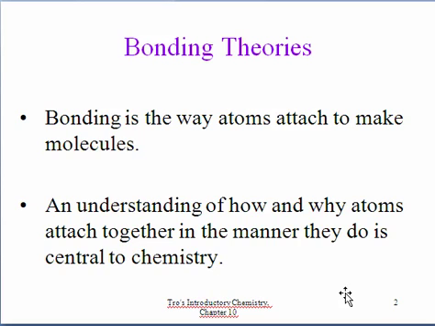Now that we understand something about valence electrons, we can look into what we call our bonding theories. In chemistry, bonding is the way that we describe how atoms attach to one another to make molecules, or how cations and anions interact to form ionic compounds. An understanding of how and why atoms attach together in the manner that they do, or ions attach to one another, is central to chemistry, because the breaking of bonds and the forming of new bonds is how chemical reactions